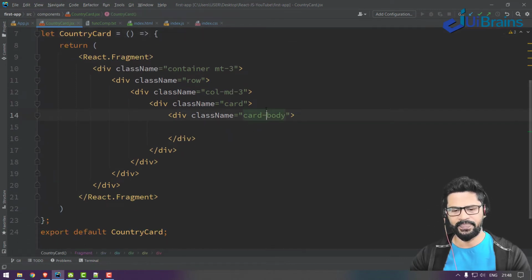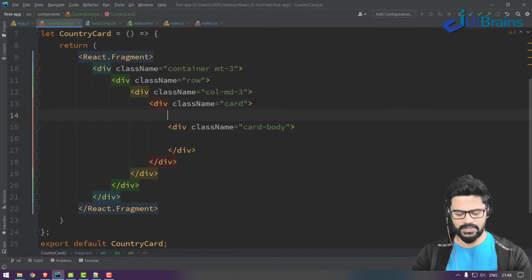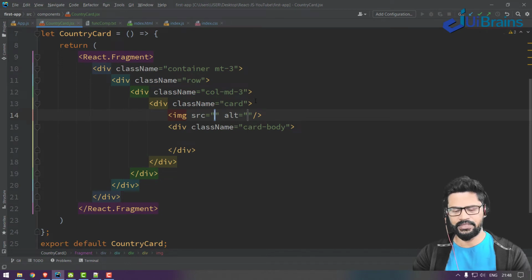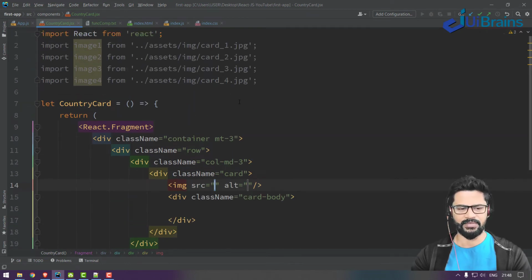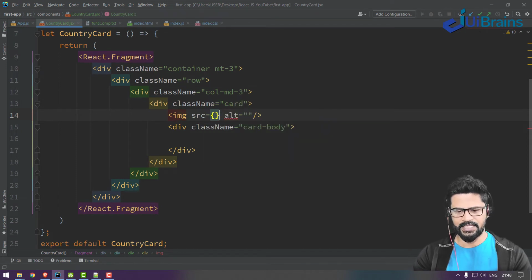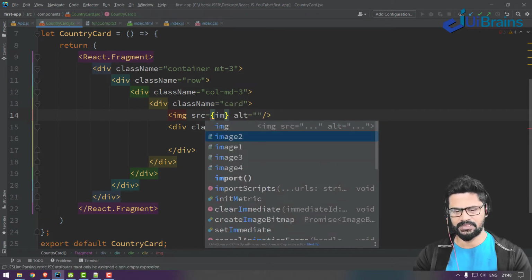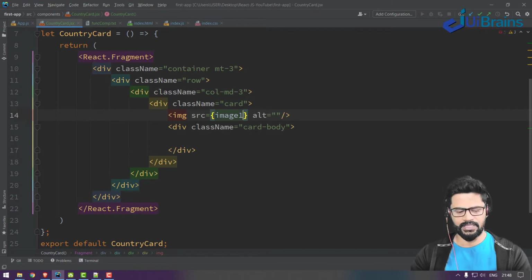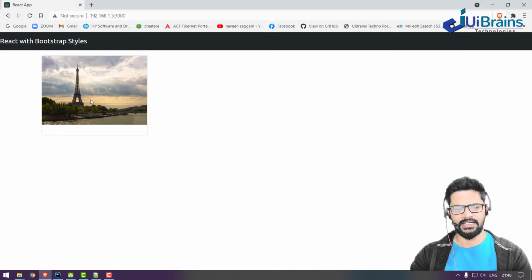Let's use them. In the card I use the img tag. The src is not hardcoded data, it's dynamic, a variable I want to substitute. So in place of src I use a React expression, just say image1. Let's check. You got image1 for the card.